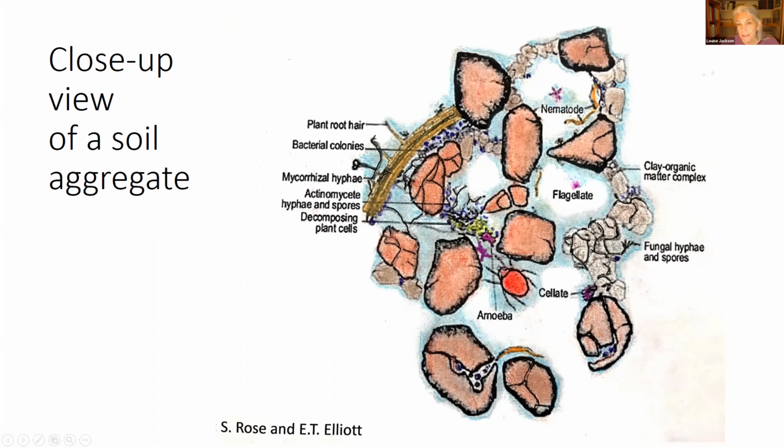Fungi bind this together. But what's really important in this whole cycle is the role of predators. So nematodes are organisms that can consume bacteria and fungi. They can also consume other nematodes. There are protozoa such as amoeba and ciliates that engulf bacteria. And then there's microarthropods that can consume all of these different forms of life. And the biodiversity in soil aggregate is immense.